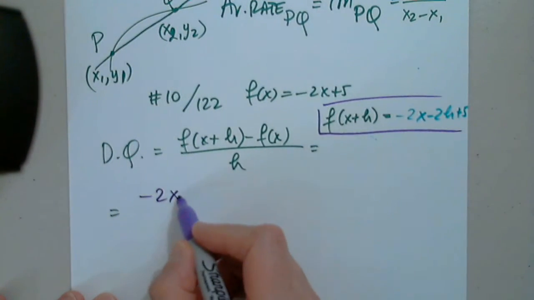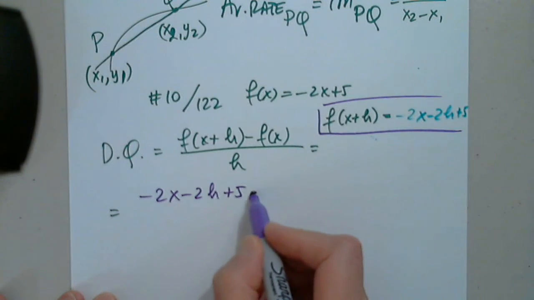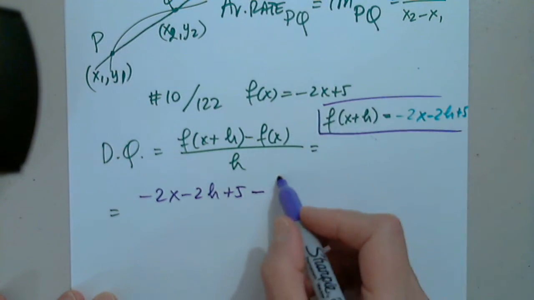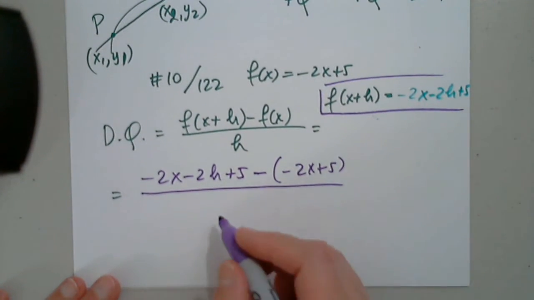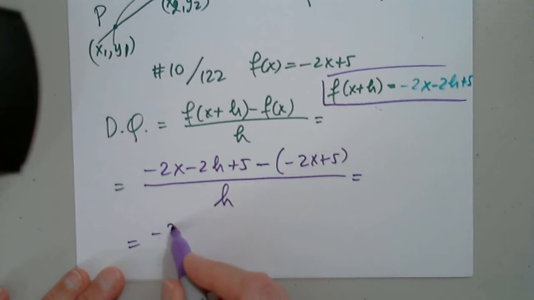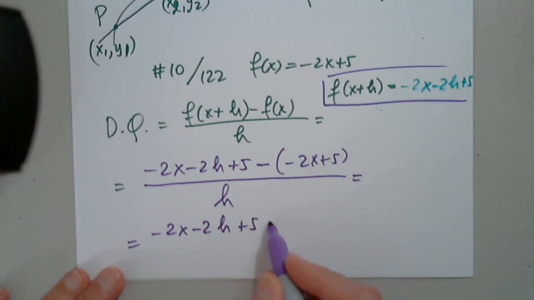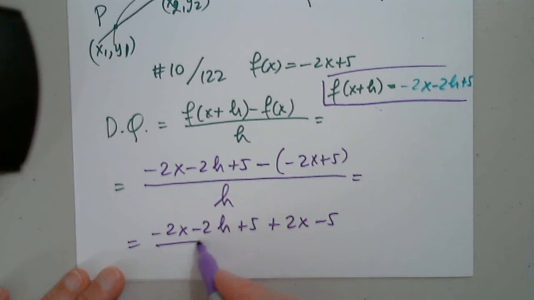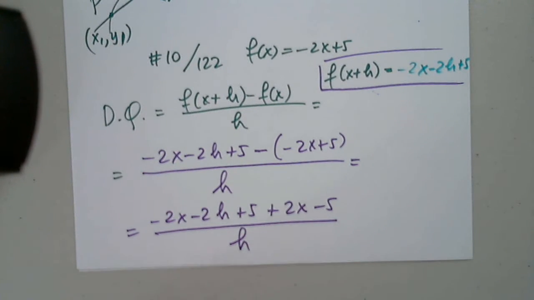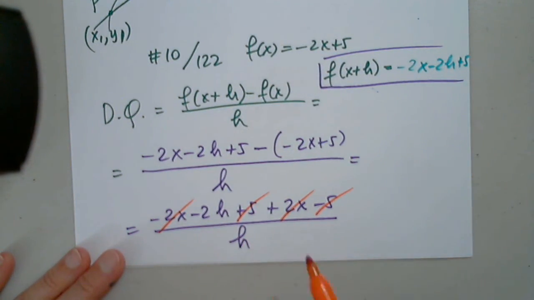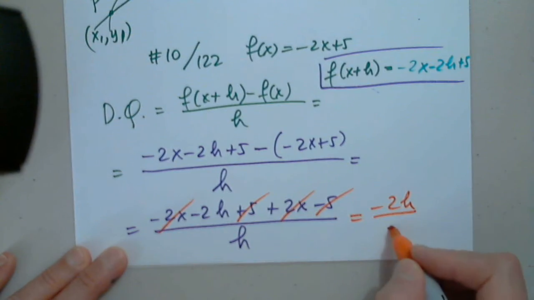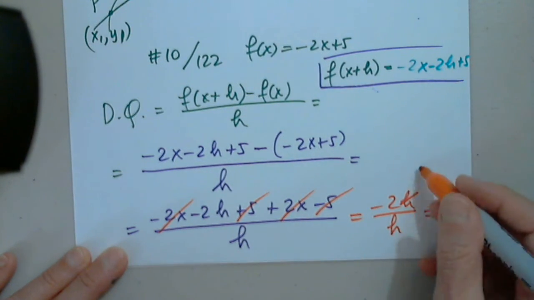Okay, so I have negative 2x minus 2h plus 5 minus this. Let me write it like this, just for everyone to see. We have to always change the signs. Divided by h. So negative 2x minus 2h plus 5 plus 2x minus 5 divided by h. All terms, maybe even more than just that, but definitely all terms without h must go away, and they do. And then negative 2h over h, negative 2h divided by h is negative 2. As expected,